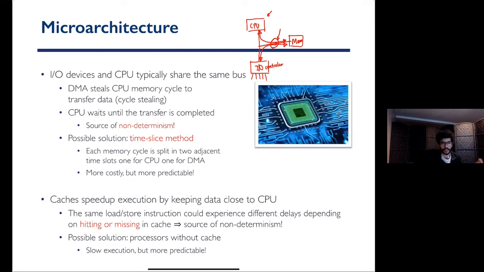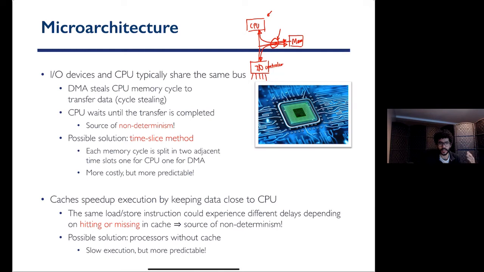Therefore, it's going to make it harder to provide any guarantee on the performance of the application that is running on the CPU. So one option is to basically not have DMAs at all, just do